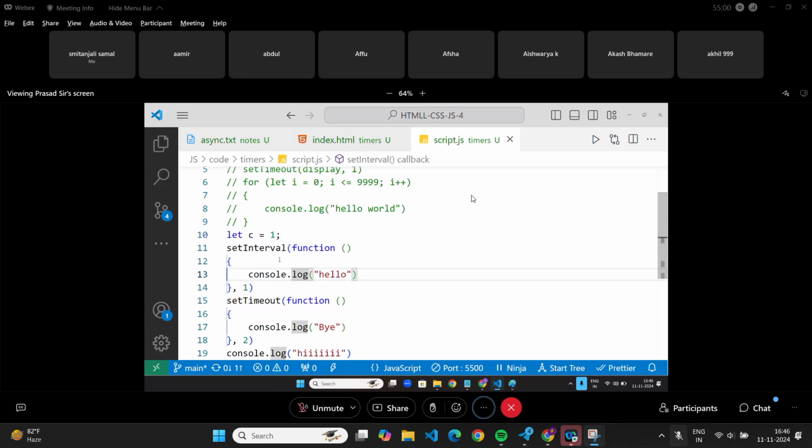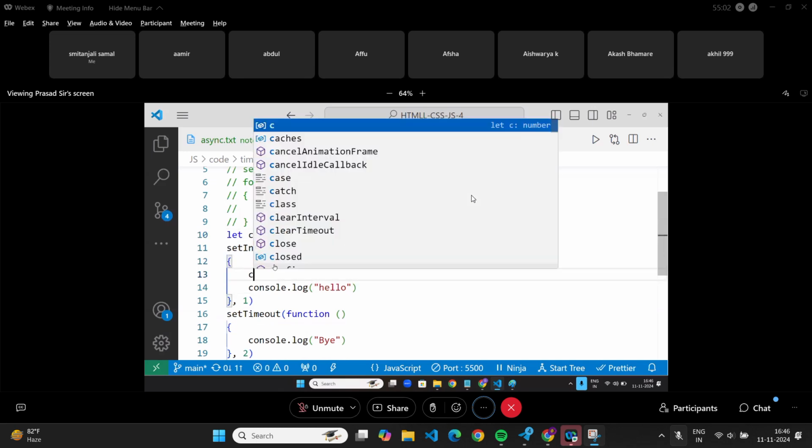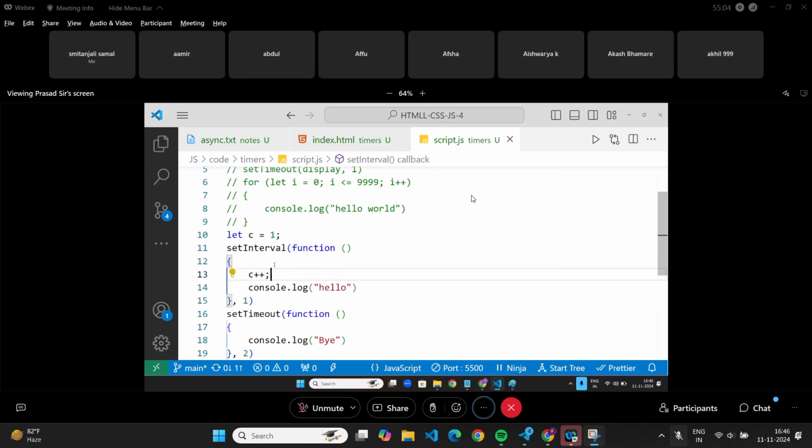Every time it runs, I will make it C plus plus. That means I can keep a count of how many times the set interval is running. Are you getting my point, sir? First time it runs 1, second time 2, third time 3.